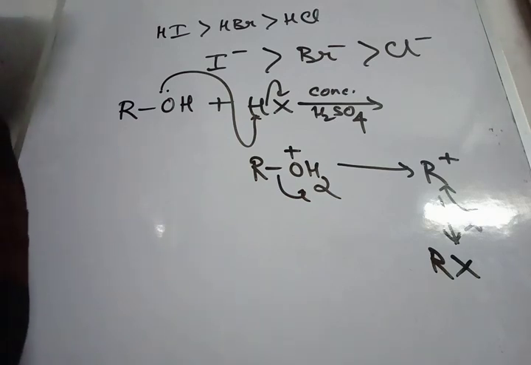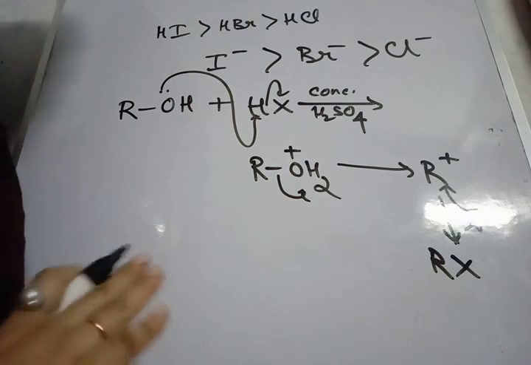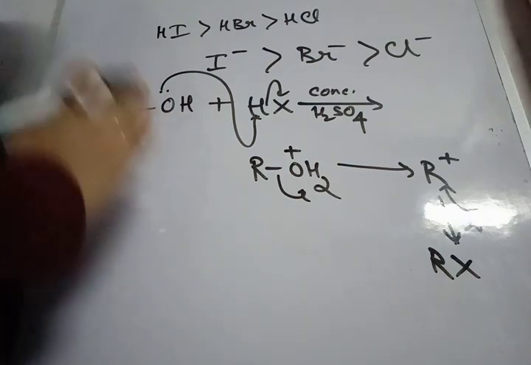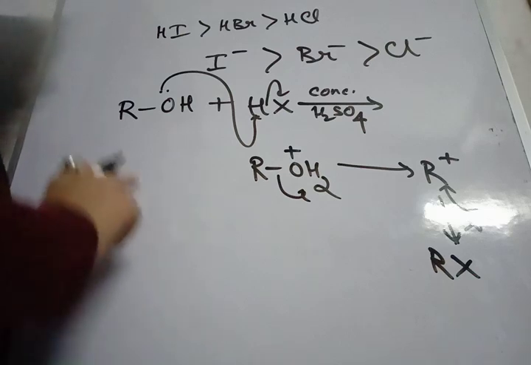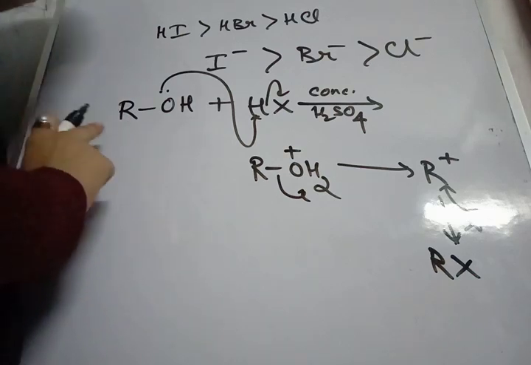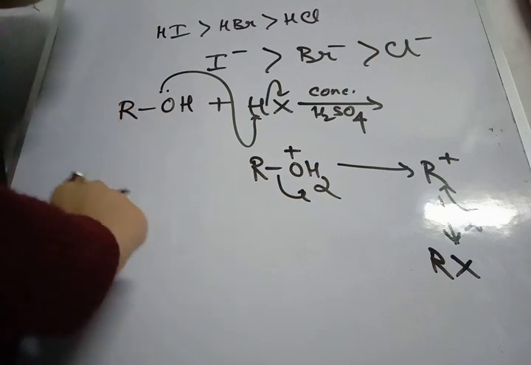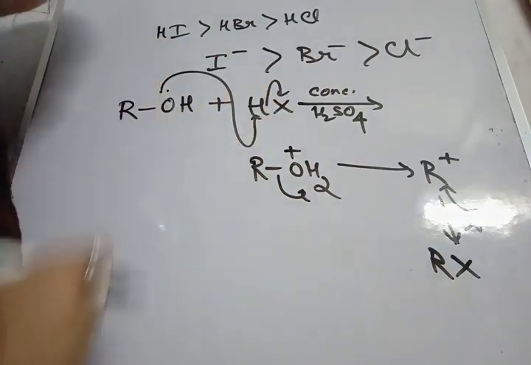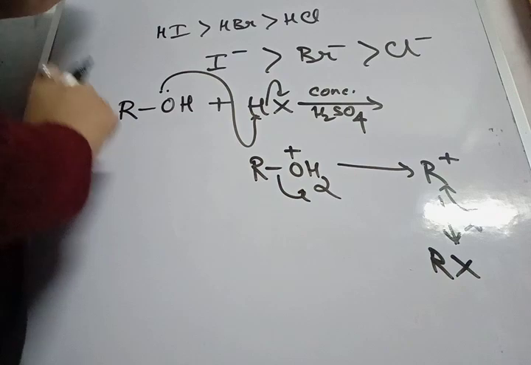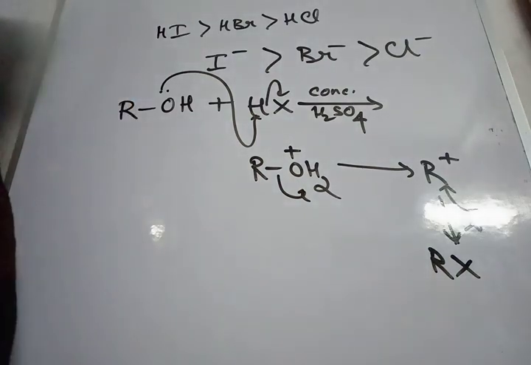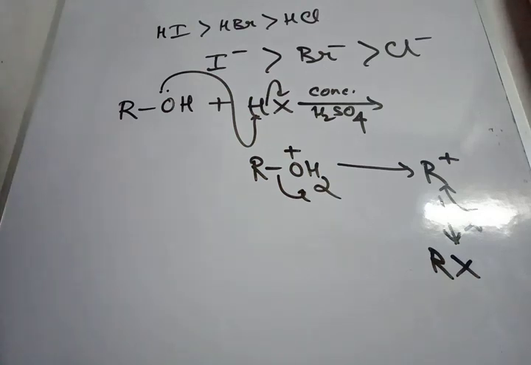Okay, that is your SN2. So you need to remember this. Though it's said that this particular reaction usually proceeds via carbocation, you need to know that if the R group is a primary alkyl group, suppose methyl or ethyl, it should proceed via SN2. That means backside attack of the halide ion will be occurring. If this R group is a tertiary alkyl group, like tertiary butyl group, in that case it must proceed via the carbocationic step. Okay.